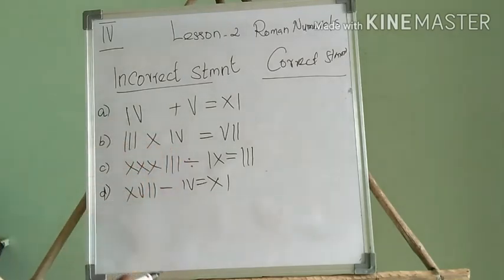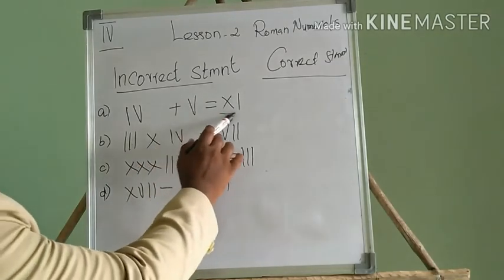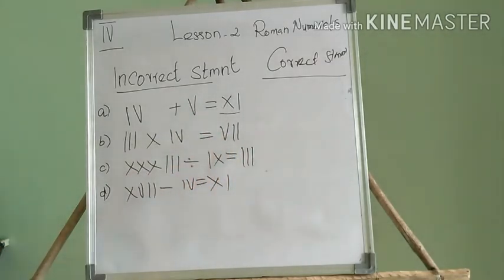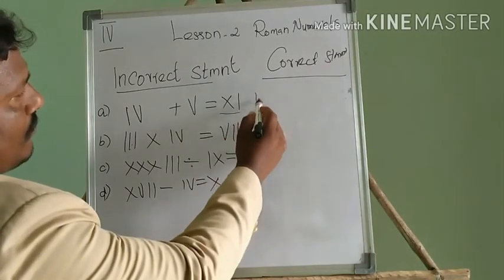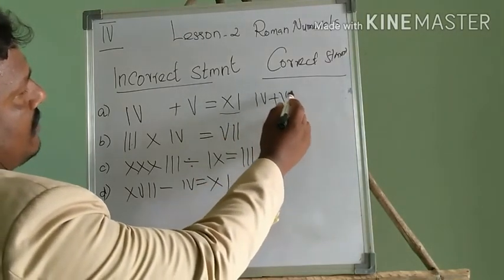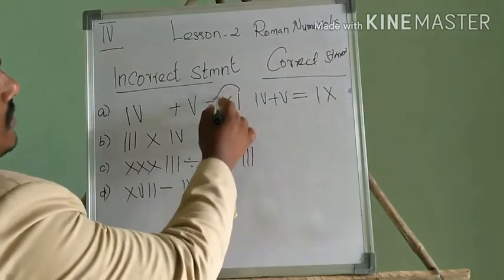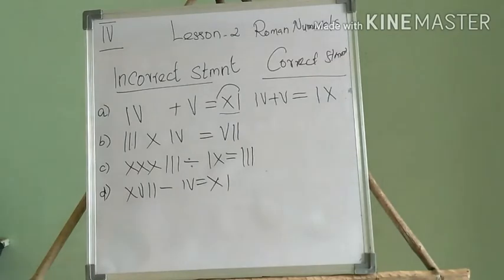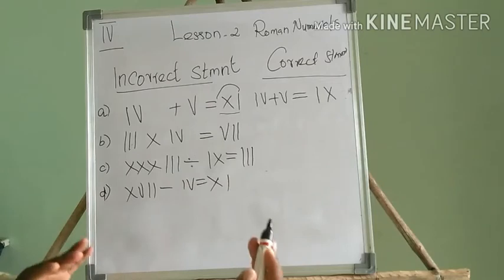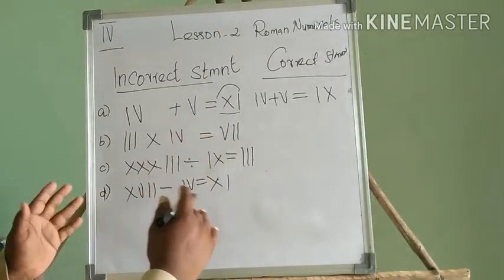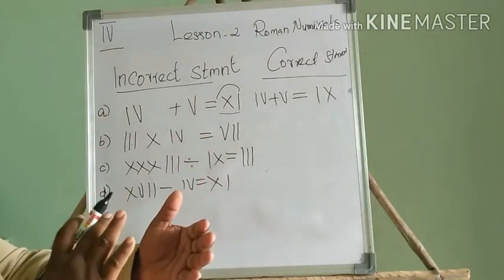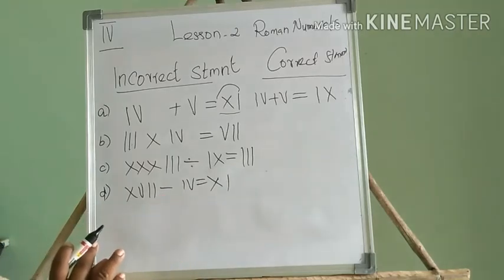4 plus 5 is 9, but they have given it wrong. It's 11. So 4 plus 5 is equal to 9. We have to put this on this side, meaning right side, or left. If you see directly, it is left, but if I turn to this side, your side, it is right. It's different. You assume which is your position.